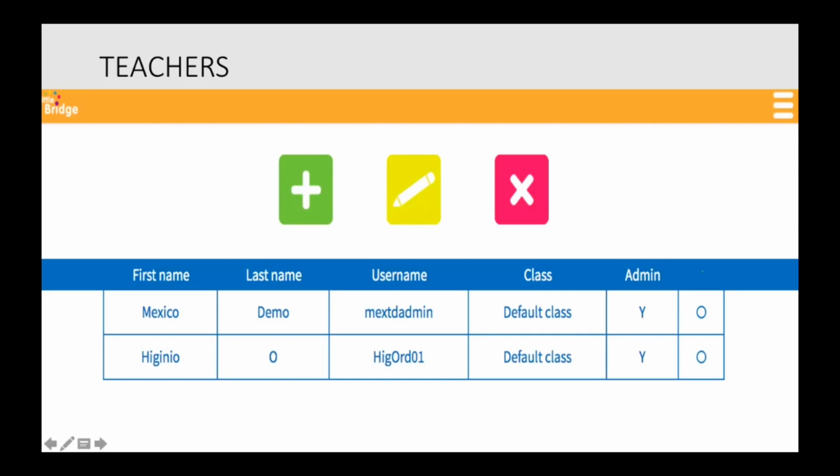And when you are there, if you use the plus sign, it means you are going to add a teacher. If you click on the pencil icon, you are going to modify some information from the teacher or something that is not correct. And if a teacher leaves, we can delete it from the platform, right?